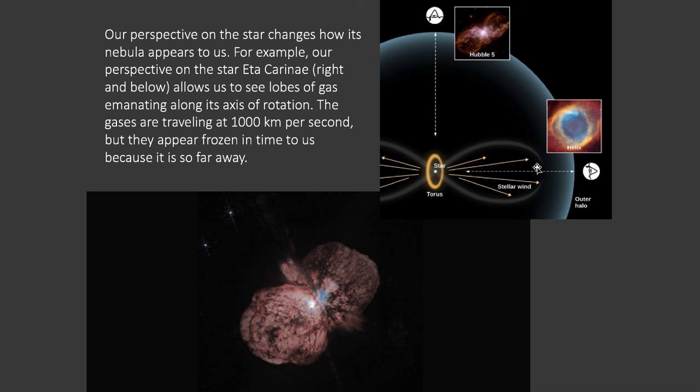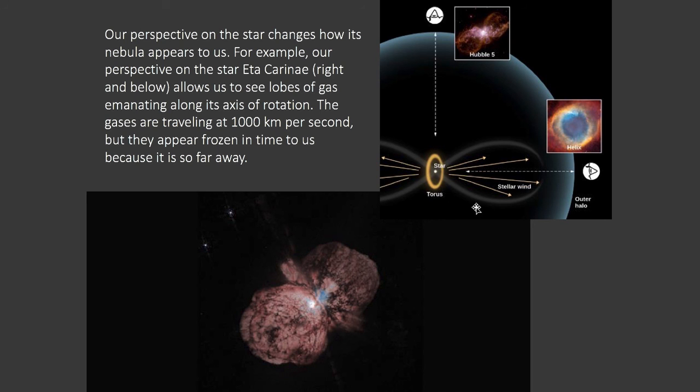But now when we look at it and look at our perspective on it, so this is indicating our point of view. So this is an eyeball looking at the star, and so we're perpendicular to these lobes of gas. So here's the star at the center. There's a sort of round torus-shaped disk around it, and then there's these lobes of gas that are being spread